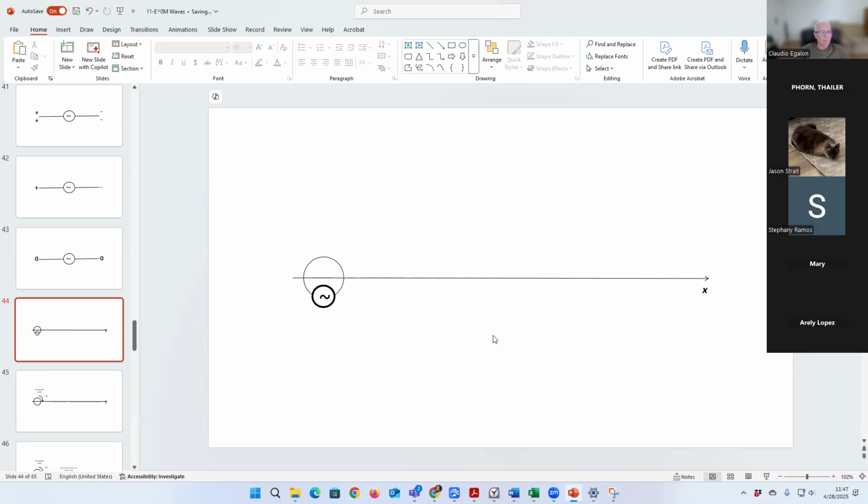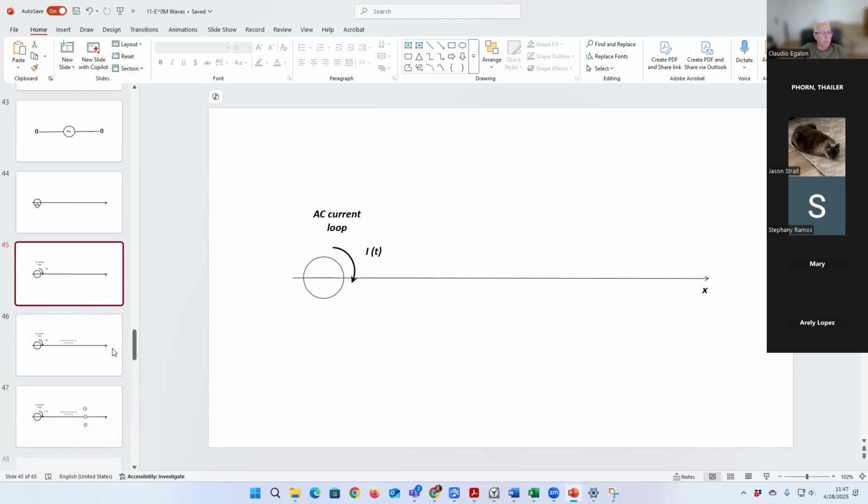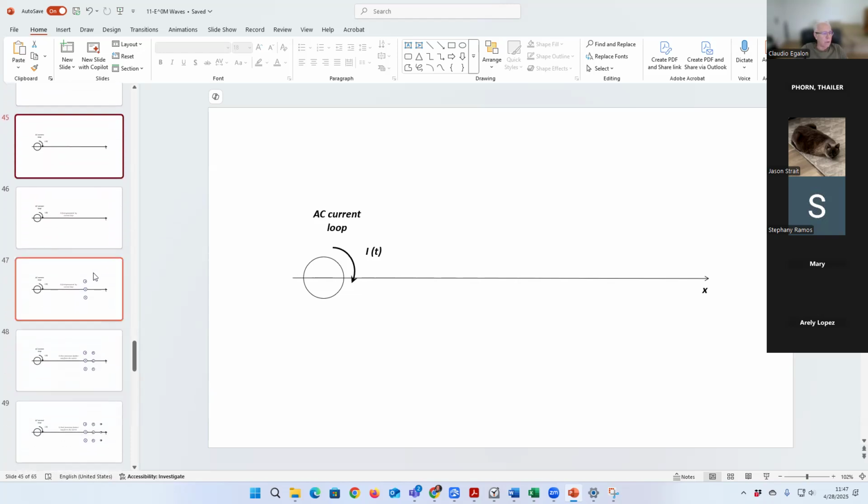Okay? A generator, you have a loop attached to this generator. In the next drawings, I'm going to remove the generator to make the drawing simpler, right? And this generator powers a current that moves back and forth in this loop. It's possible to have a picture view of